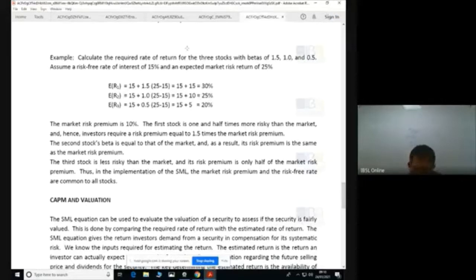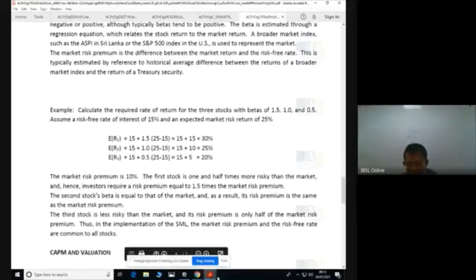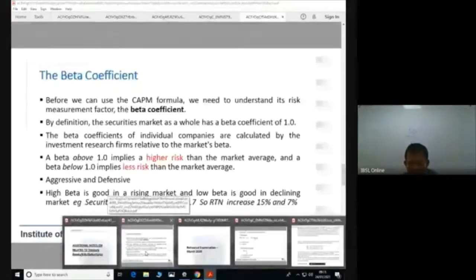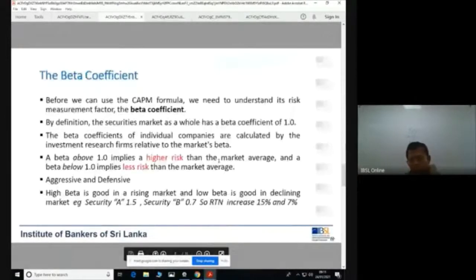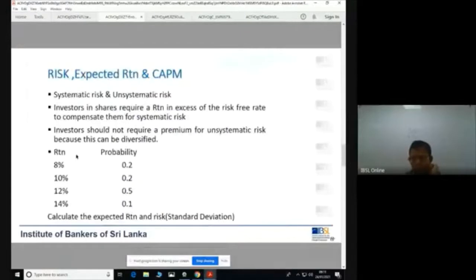When the market performs well, a share with a higher beta is an aggressive share. It grows more than the market performance. The market takes 10%, and this particular share may grow 15%, more than the market. That can also happen, right? This is only an application, so I have not taken this particular one.